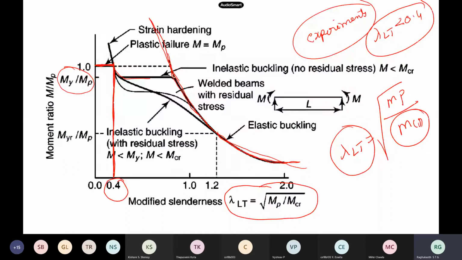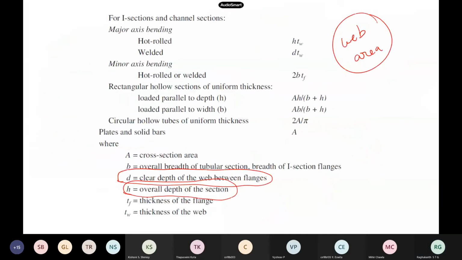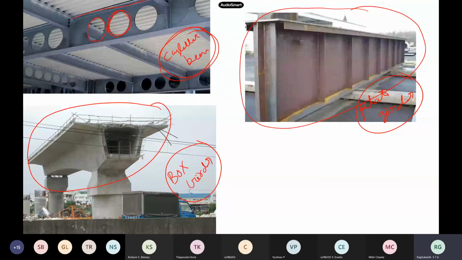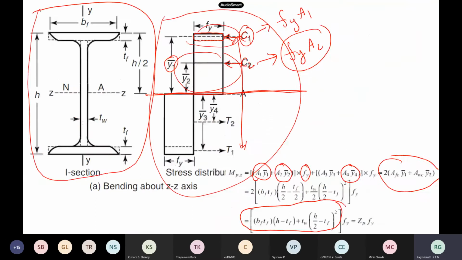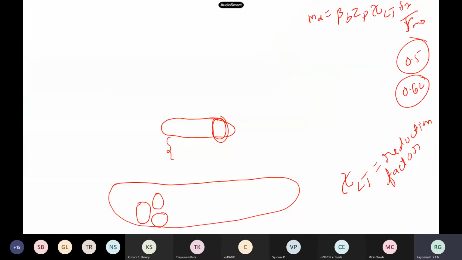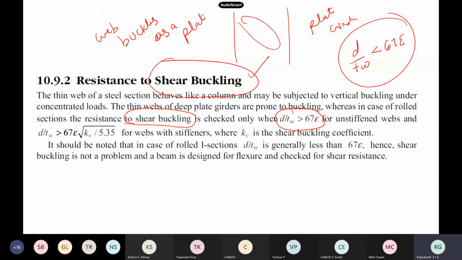If you want to see this one, I've shown you the plate girder. Yes, here. So this is a plate girder. So the buckling will be like this. So this will be the buckling mode, the shear buckling we say. So the whole web acts as a plate, and then you will see this shear buckling. So that is the first thing. But anyway, in beams it is not so important. Most of the cases, it will be less than 67, so it's not so important here. So that is the first thing which you have to check actually.